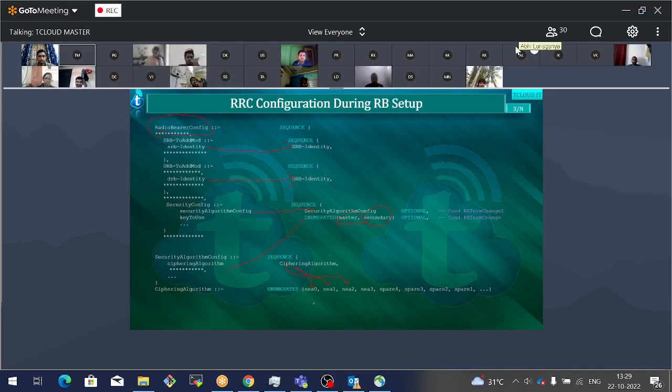But these algorithm softwares are present, and the mobile conveys this during its capability information reporting to the network. It tells what encryption algorithms it supports, what integrity algorithms it supports, what compression algorithms it supports. Everything it conveys to the network. Based on that information only, the network will suggest among them which one is the best one under the current circumstances, operating conditions. So what happens to your data